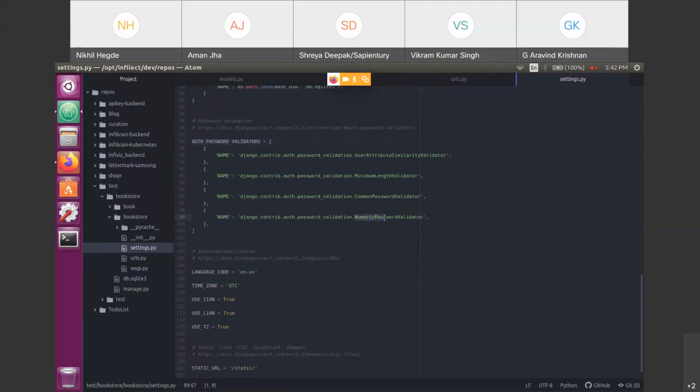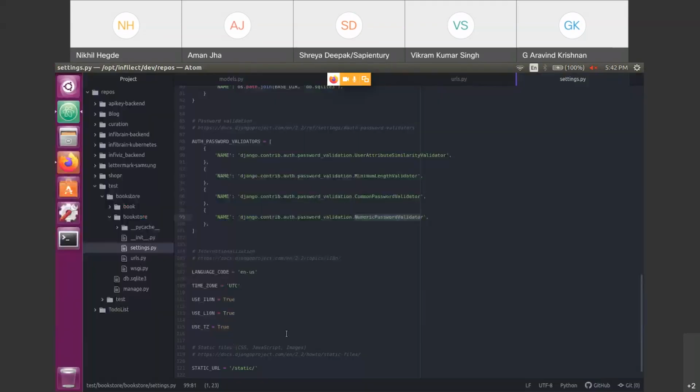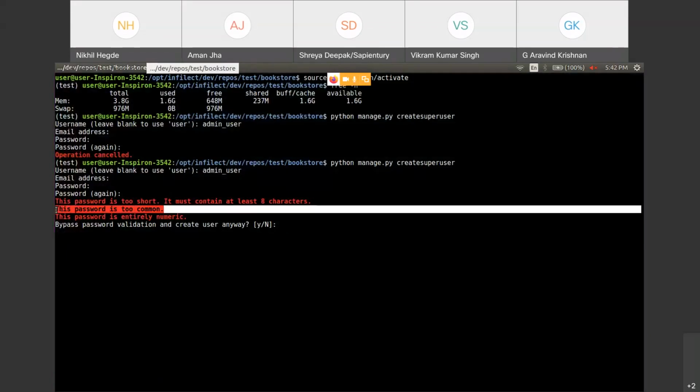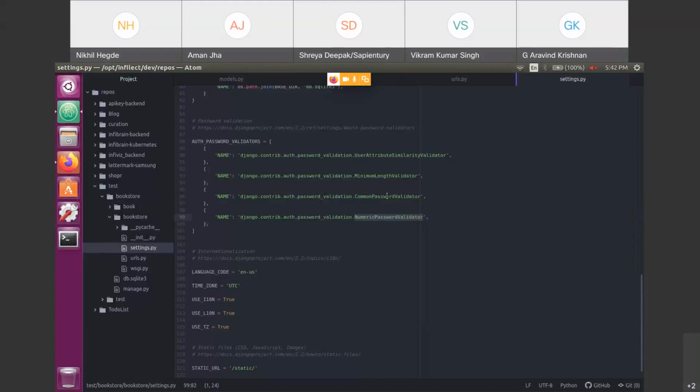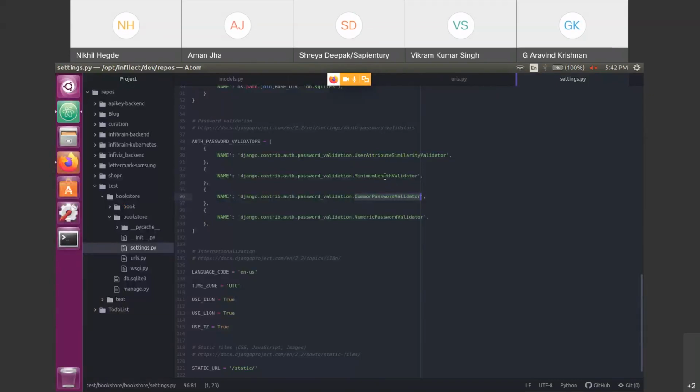One is the numeric password validator, which triggers the message that the password is entirely numeric. The common password validator triggers the next one, and the minimum length validator triggers the length message.